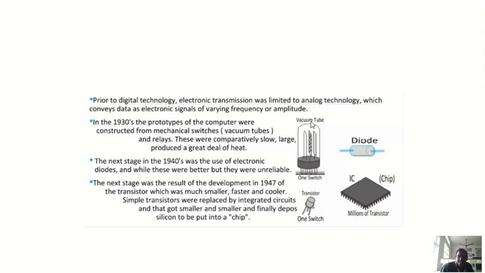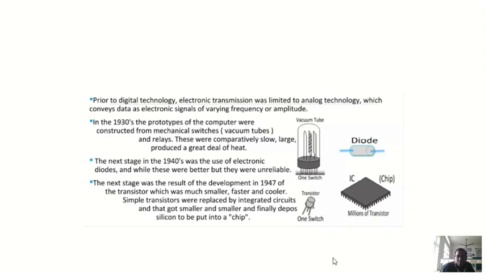After that, the technology developed and came to the semiconductor. A p-type material and an n-type material joined together is called a p-n junction. By using the p-n junction, we manufacture the diode and transistor. These are semiconducting devices. Instead of the vacuum tube, we now have the diode and transistor as shown in the diagram. The size is very small when compared to the vacuum tube, the current consumption is very less, and heat produced is also very less, so a lot of advantages.